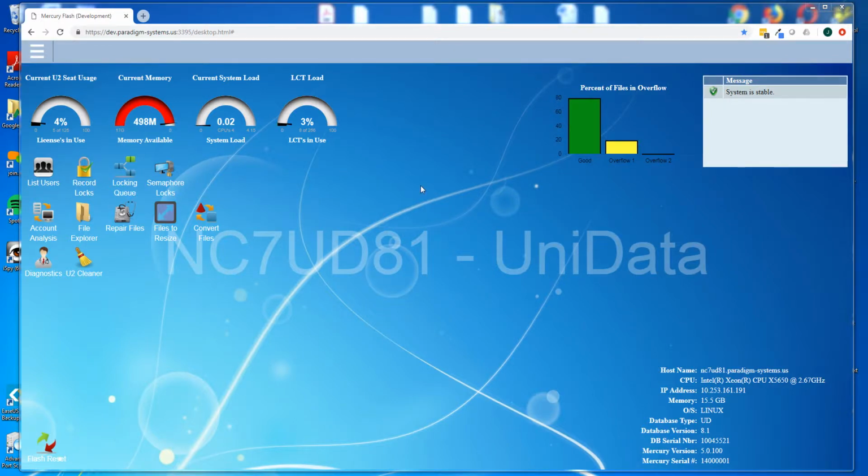Welcome. Today we're going to take a quick tour of Mercury Flash. As you can see, the first thing that you will see when you bring up Mercury Flash is that Mercury is a web-based desktop. On your desktop, you can put various widgets that can be positioned anywhere that you want